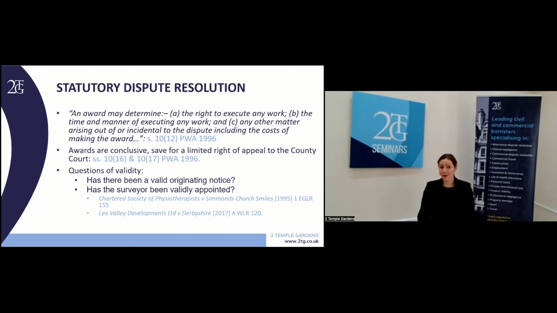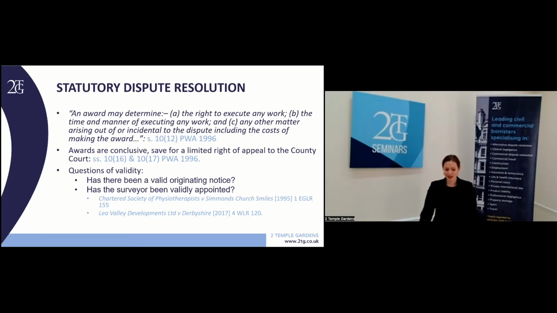Second, when calculating that time limit, because the award is not a court document, we are not using the usual rules on service as set out in the civil procedure rules, which means that we need to be calculating our 14 days using definitions in the Interpretation Act 2007 instead, and that can also lead to getting a bit snarled up in the detail, so be aware of that.